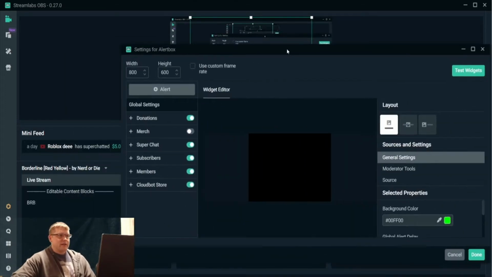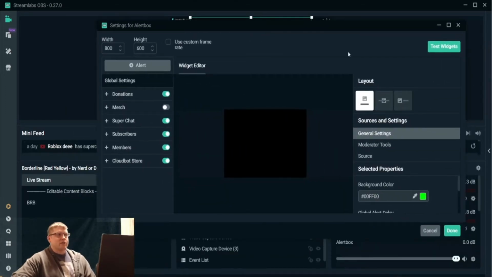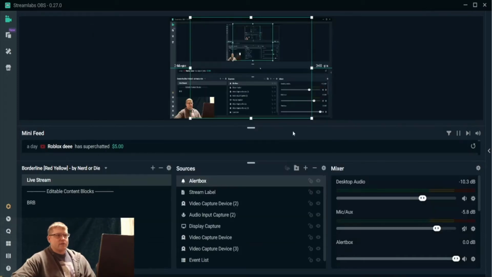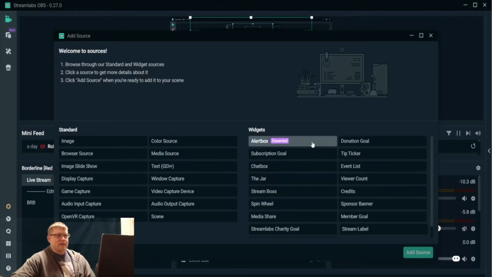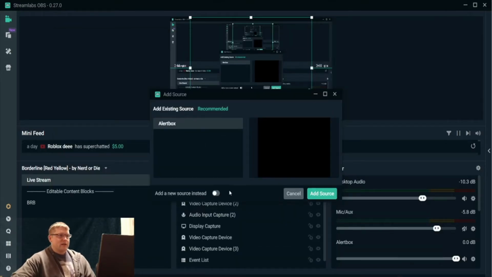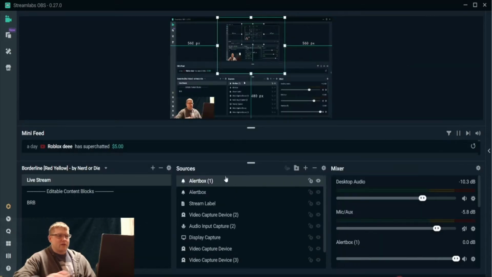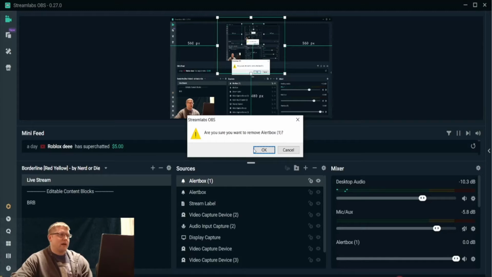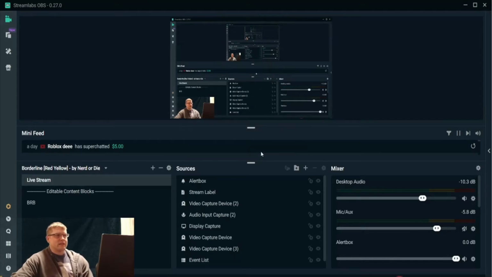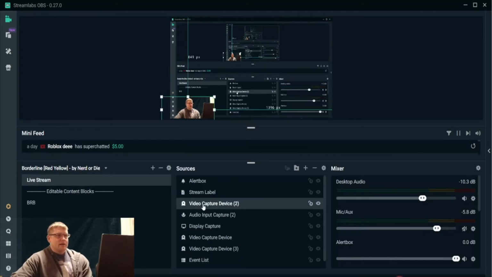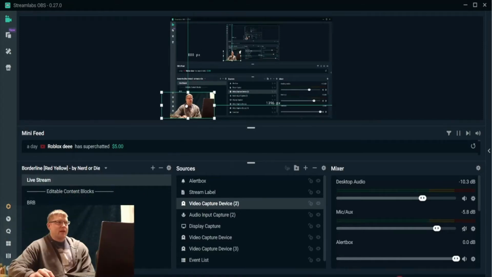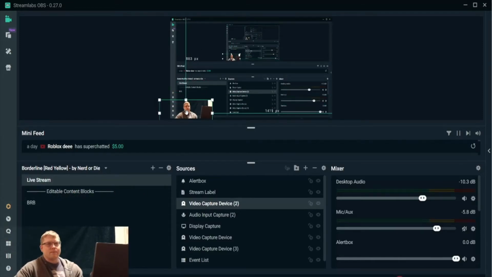If people make a donation or Super Chat, that's really easy to configure. You just click add a new source, hit the alert box, and say I want a new one, and then you set up your colors, and for the most part you can keep all the generic settings. If you have something in there you don't want, like I don't need another alert box, I just click delete. But for us, as you see, I have the camera, everybody sees me on the stream,